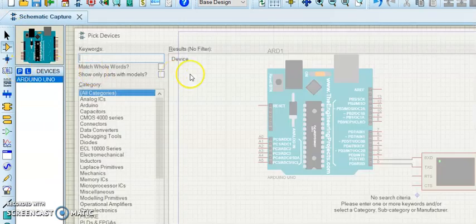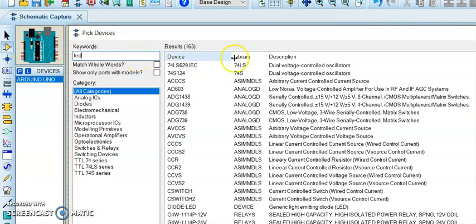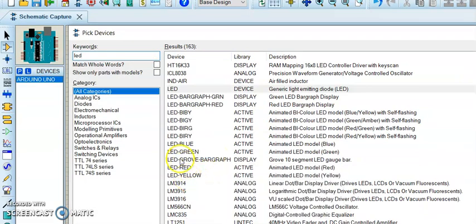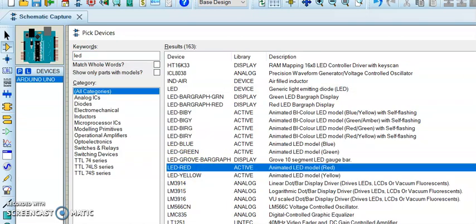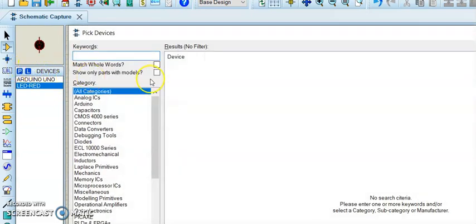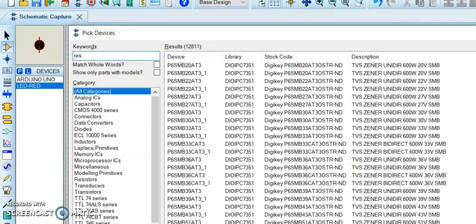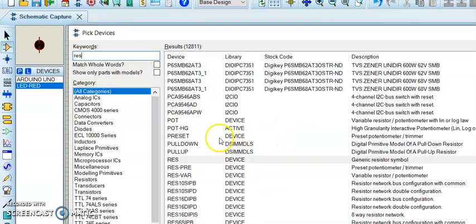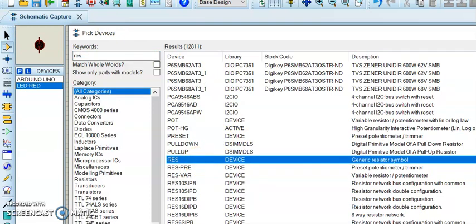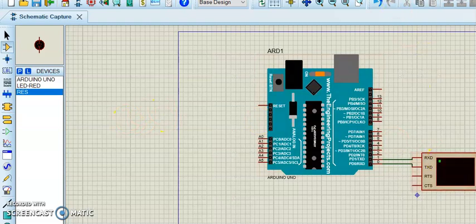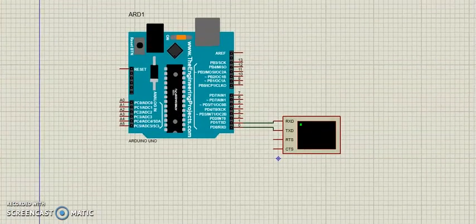Here in the pick list, I have to choose an LED. Then I need a resistor, so I am going to take a generic resistor. This red LED I am going to take over here, and connect it to pin number 13 via this resistor.